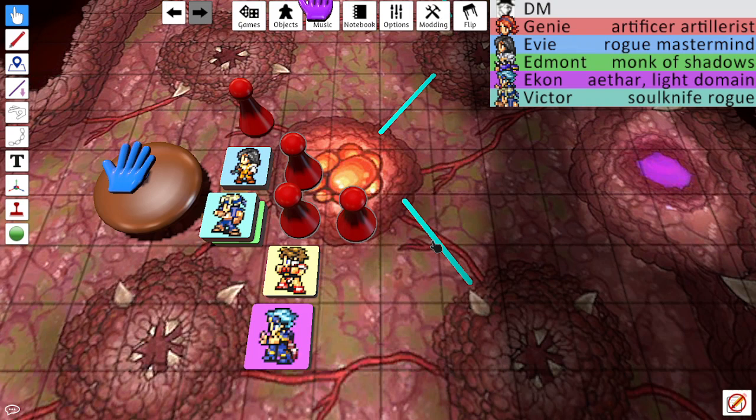Yeah, I guess Genie is going to try to hit one of them with a create bonfire spell. Okay. Whichever one is the closest to the ground. I'll let you pick. Any of the four of them will work. It's fine. Okay, this one. Okay. I need a dexterity saving throw, please. Your DC is 17. I have an 11. Okay, he is going to take...